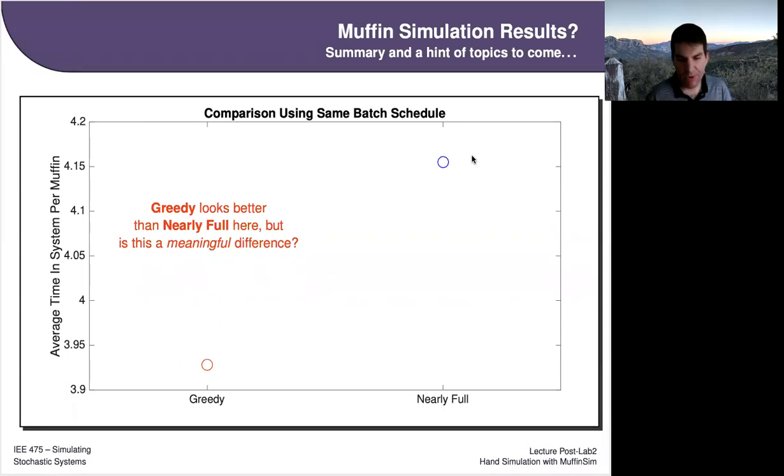I see, would it be that the muffin batch schedule wouldn't necessarily be random in real life? Would it follow a more uniform distribution? That's an interesting question. That's something I wasn't quite getting at here, but I think it's a very valid point, that maybe in real life you would get exactly 5 orders per day. And we randomize them, so sometimes you get 5, sometimes you get 3, and maybe that was a bad input